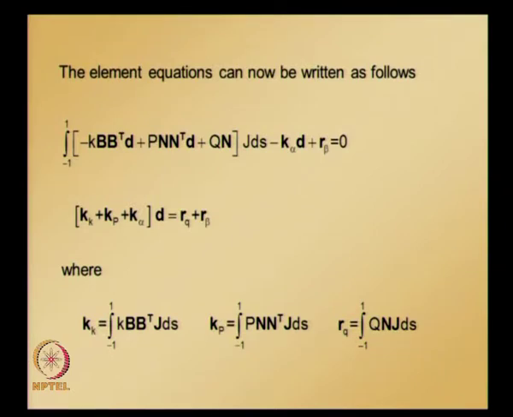And you can see here in k k you have b transpose, and in k p n transpose is present. So, we will further simplify and try to figure out what b transpose and n transpose are, because we require those to perform this integration from minus 1 to 1,